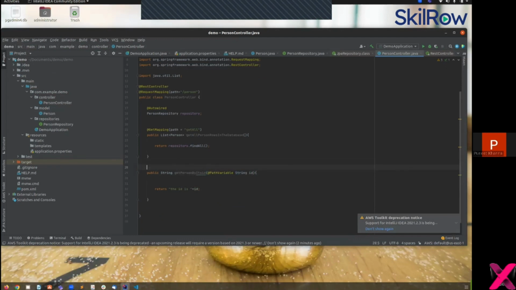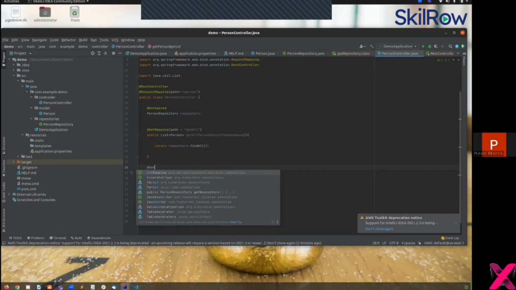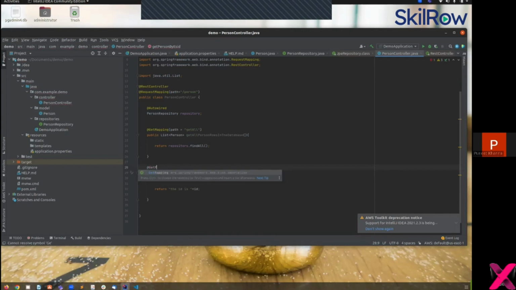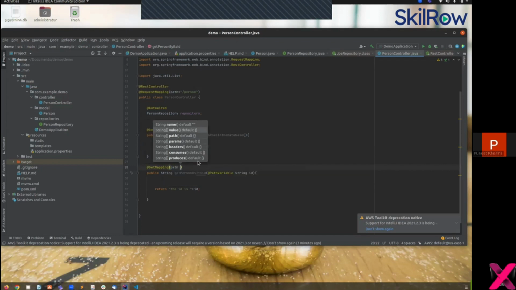And because this is a method that is an API, we will define a get mapping for that because it is a get API. And we specify the path of this API, which is, let's say, find, and then we pass the ID. Cool. So now if we start the server,